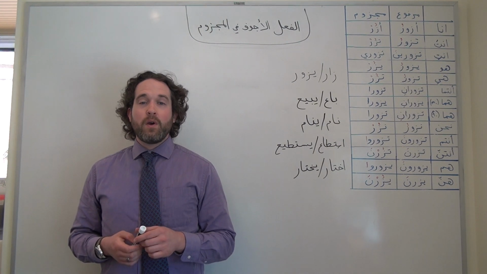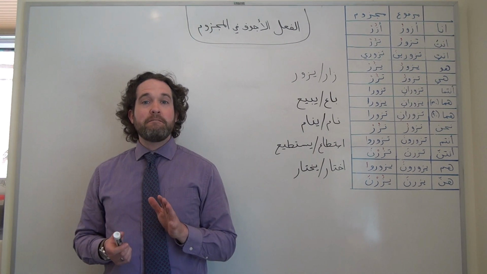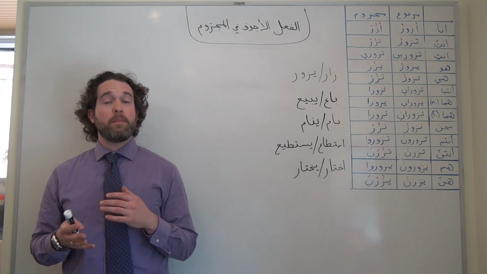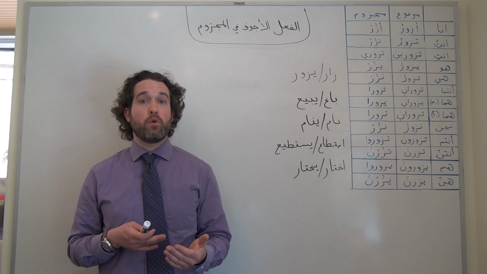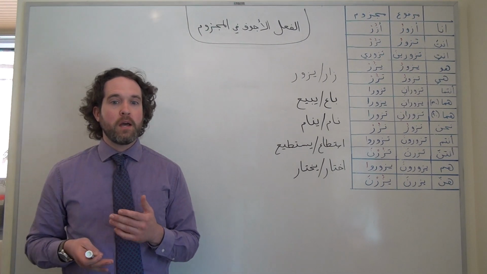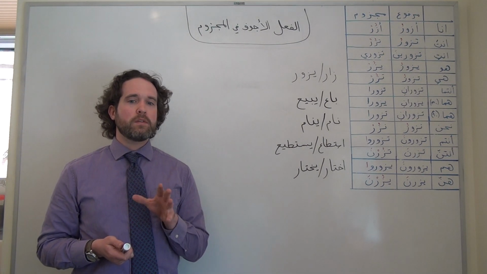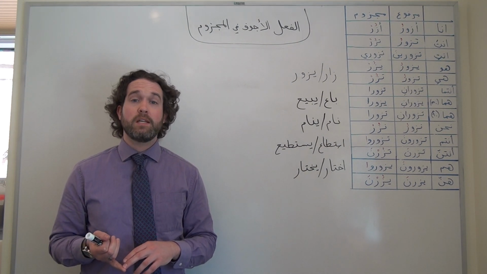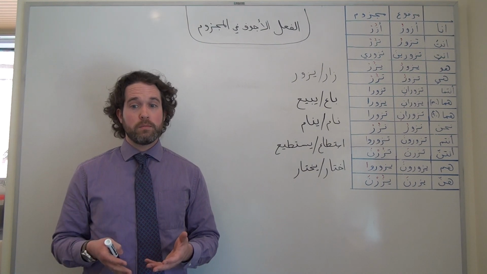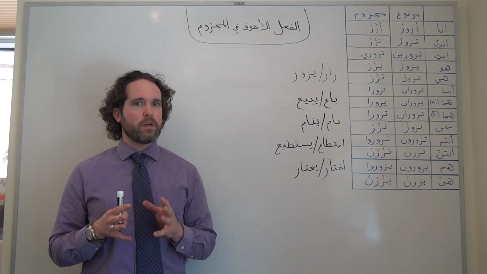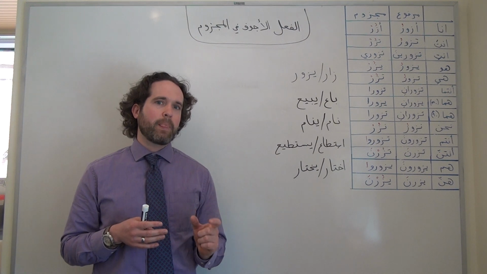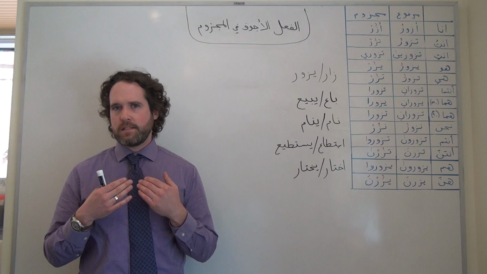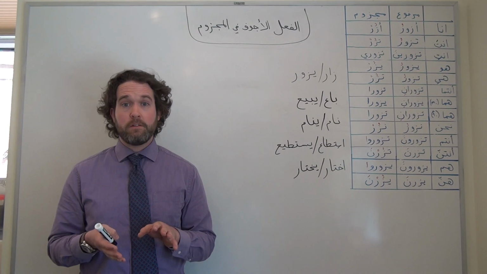أهلا وسهلا. Right now I'm going to talk about الفعل الأجوف في المجزوم, hollow verbs that come after لم in the jussive or majzoom case in formal Arabic. In this video I'm going to assume that you have a good knowledge and understanding of how to conjugate present tense verbs, including present tense hollow verbs, and that you also have a good understanding of how to use لم and a فعل مضارع مجزوم to conjugate a past tense sentence in the negative in formal Arabic.